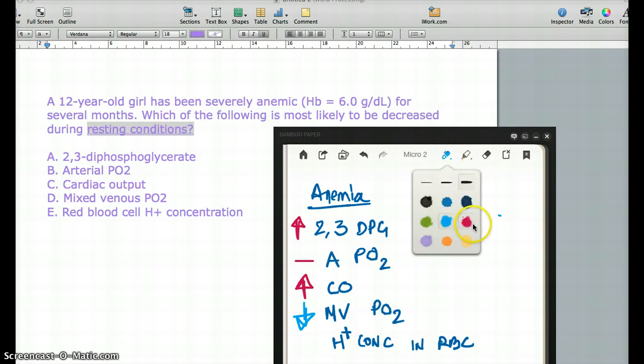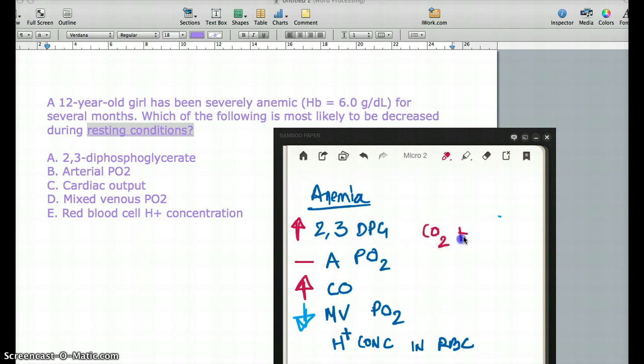Now what about the hydrogen concentration in RBC? If it is increased, then we know exactly what the answer is. Now, hydrogen concentration in RBC is going to be increased in anemia. That's because there is more carbon dioxide present in an anemic patient. So when there is more carbon dioxide, what happens? Carbon dioxide is going to combine with water to form